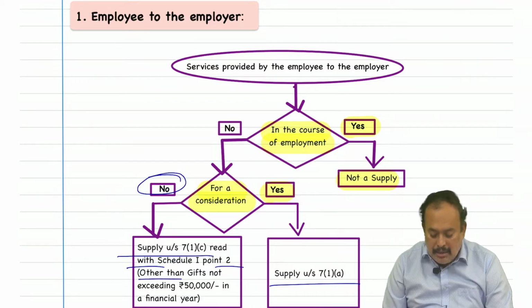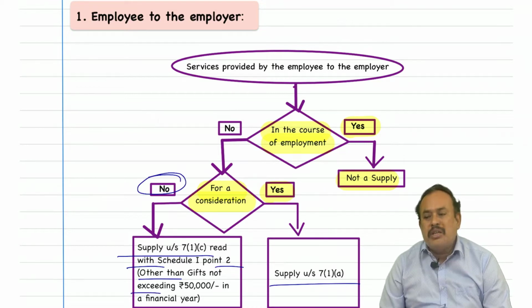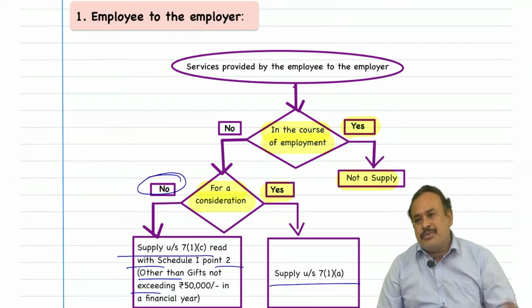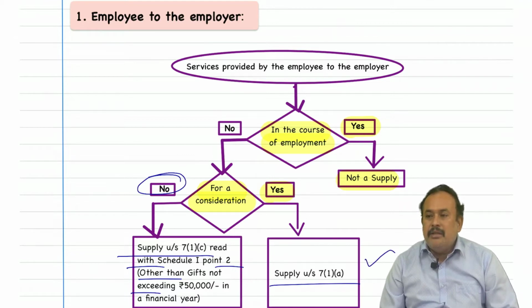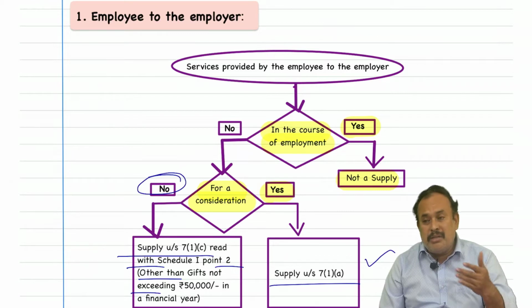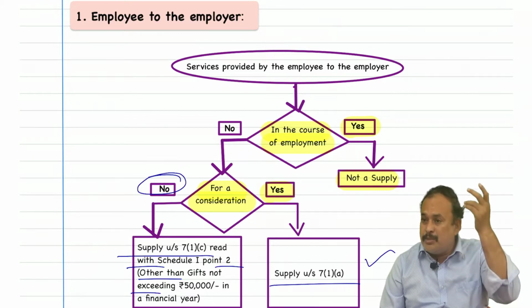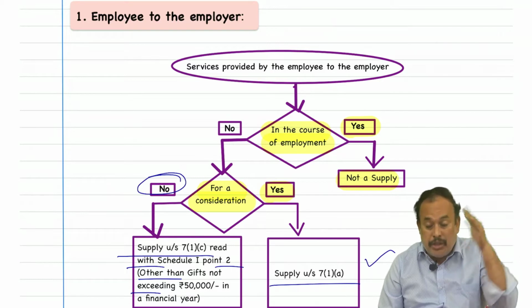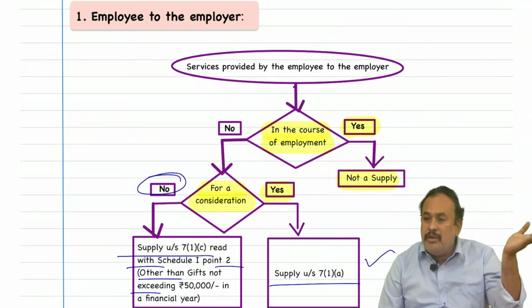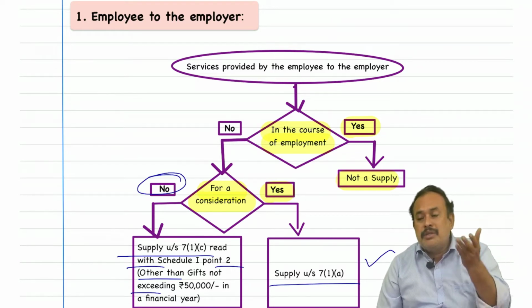Other than a gift not exceeding rupees 50,000 in a financial year. So like that, the transaction took place. For consideration, 7(1)(a) covers sale, transfer, barter, exchange, license, lease, rental or disposal. For no consideration, Schedule 1 point number 2 covers supply of goods or services